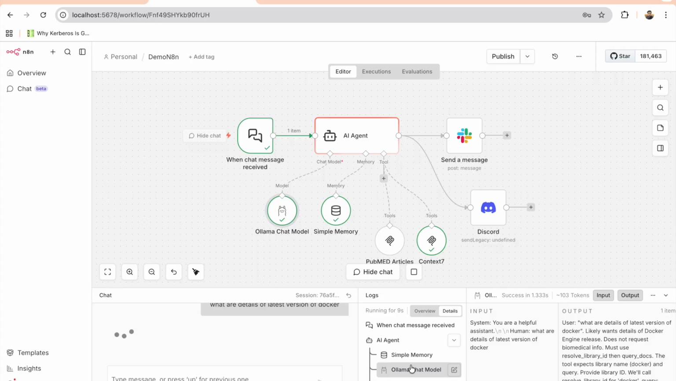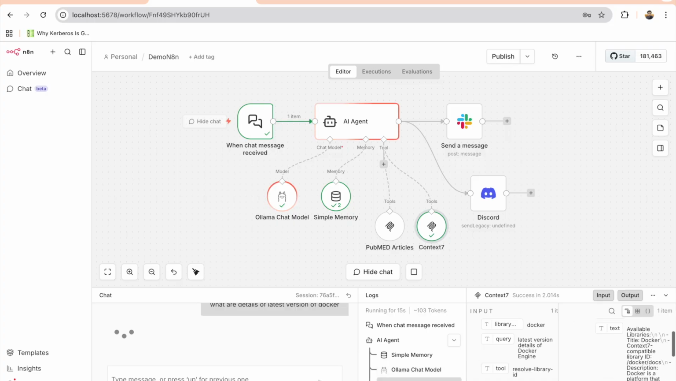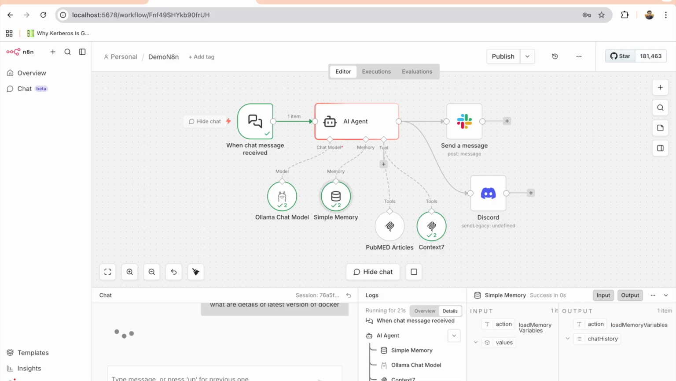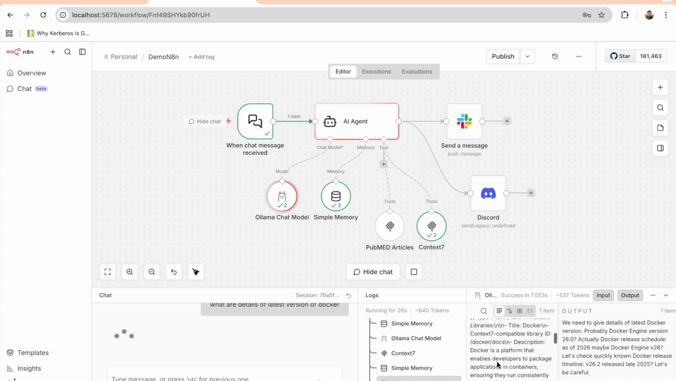It has asked the model what should I do, and then the model has told it, please execute Context 7. So it has executed Context 7. Context 7 has given this output, you can see. This raw output was again stored in the memory. Then again it went to the model, and the whole conversation went to the model, and